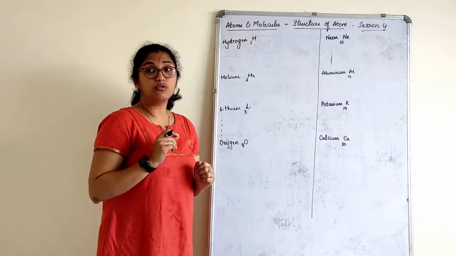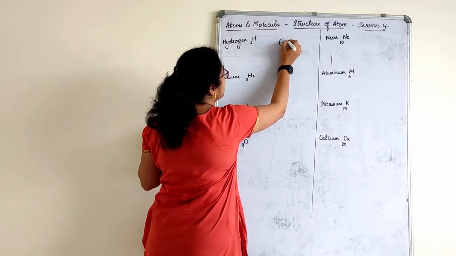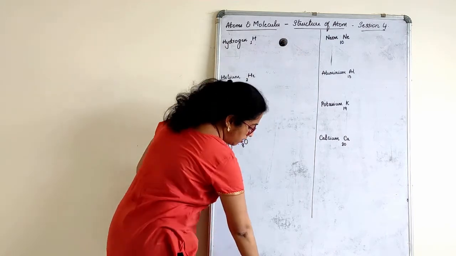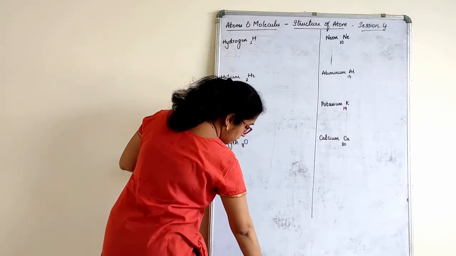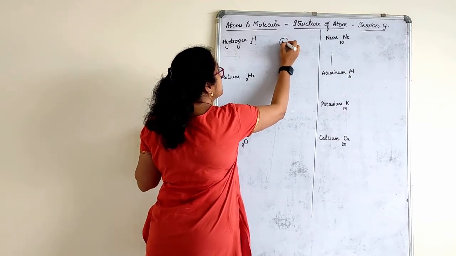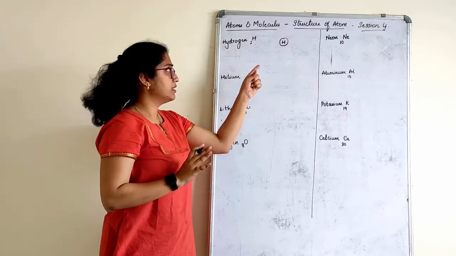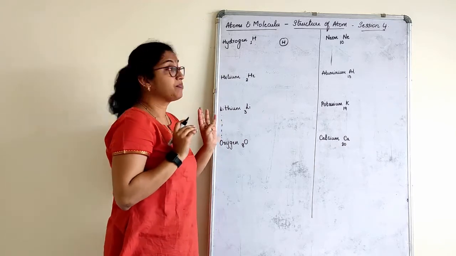Now, it's hydrogen. How to draw this? First of all, there are many methods. First is the nucleus part. You can either highlight this completely, or some of them will not highlight, they know that it is a nucleus. So first one small round is drawn and inside it the symbol is written, hydrogen, calcium, whatever. It is understood that that is the nucleus for hydrogen that we are drawing.